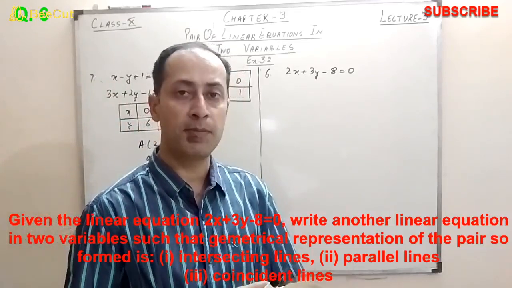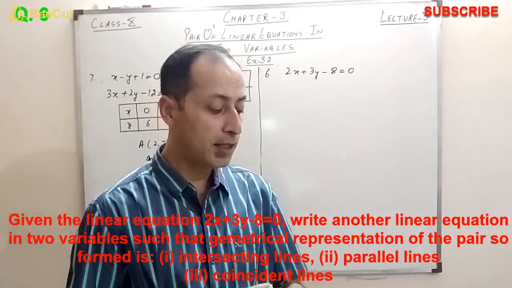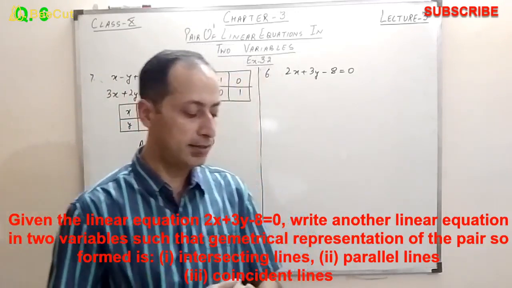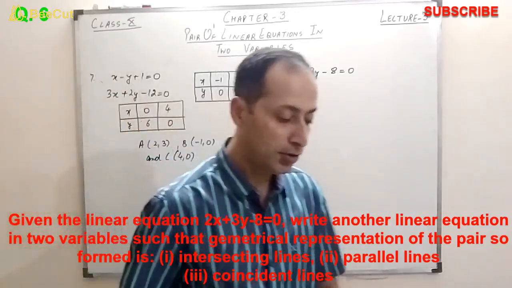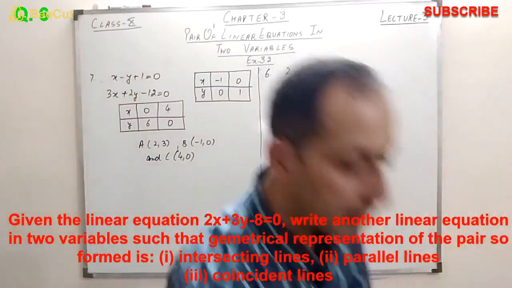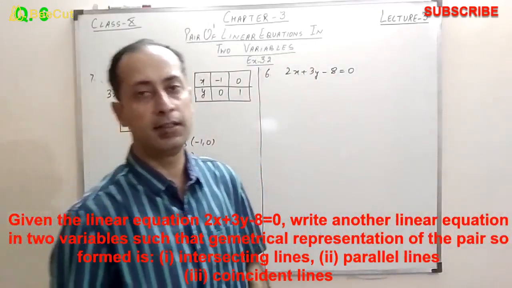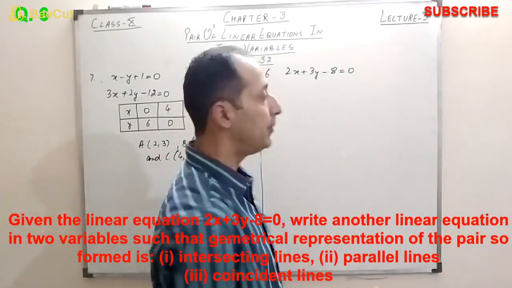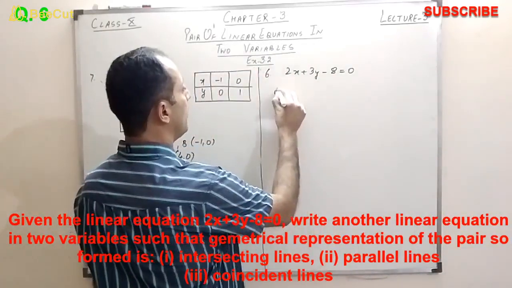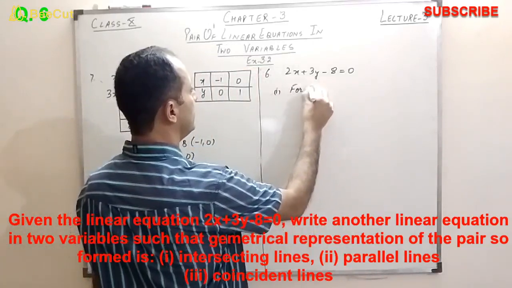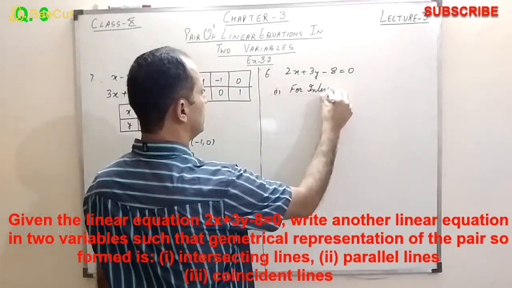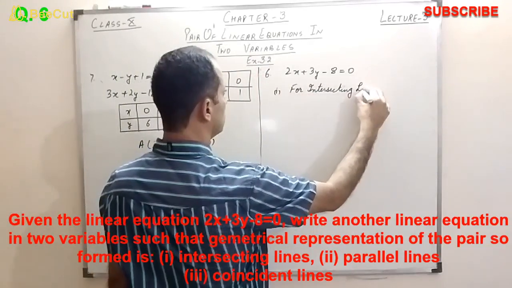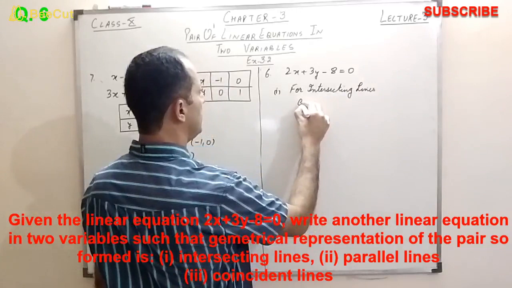the geometrical representation of the pair so formed is, the first part is intersecting, the second is parallel lines, and the third is coincident lines. So now we know if the lines have to be intersecting lines, then the condition should be that a1 by a2 is not equal to b1 by b2. It means for intersecting lines, this condition should be fulfilled,